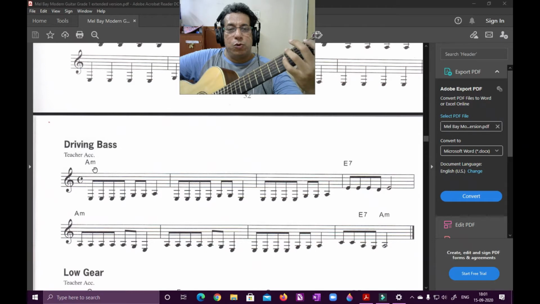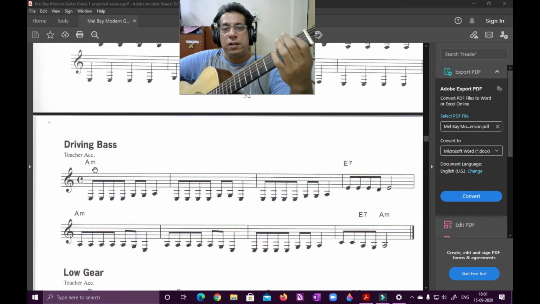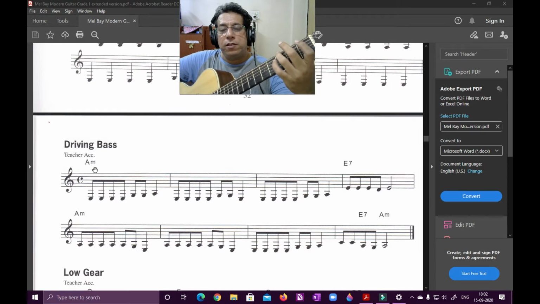Okay, so look at the bar from the beginning. I'm going to count from the E. 1 and 2 and, now G, 3 and 4 and is on the A of the 5th string. So 1 and 2 and 3 and 4 and, continue, and 2 and 3 and 4 and, similar bars, 1 and 2 and 3 and 4 and, now finish 3 bars.